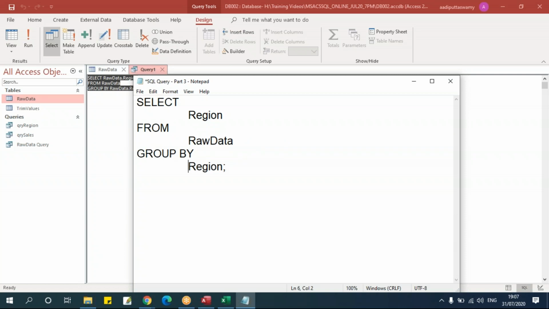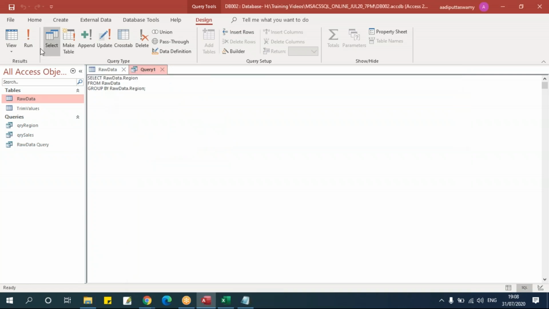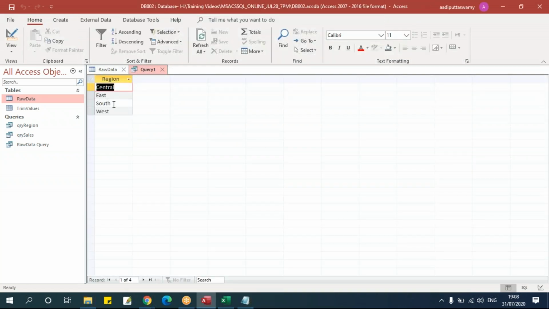Select region from raw data. It is the normal query what we do, but I've used something called group by and I've mentioned the column here. So this section, the group by, will group based on the columns I've added here. Now if I run this query, it is grouping all the common values and it will give me only the unique values here.